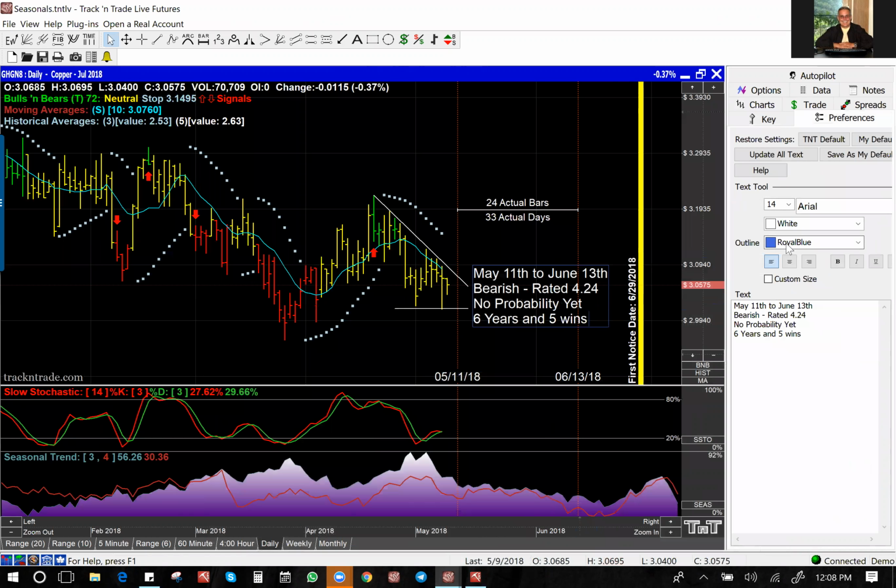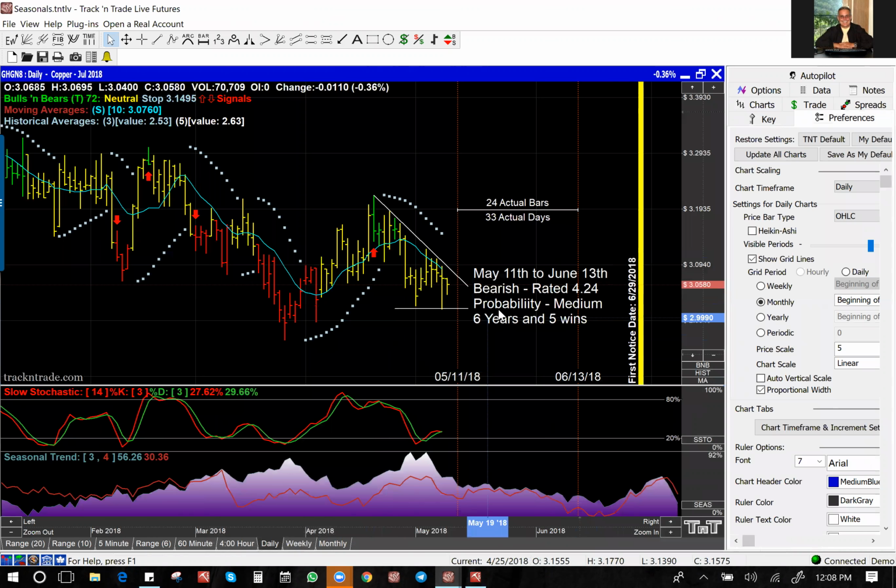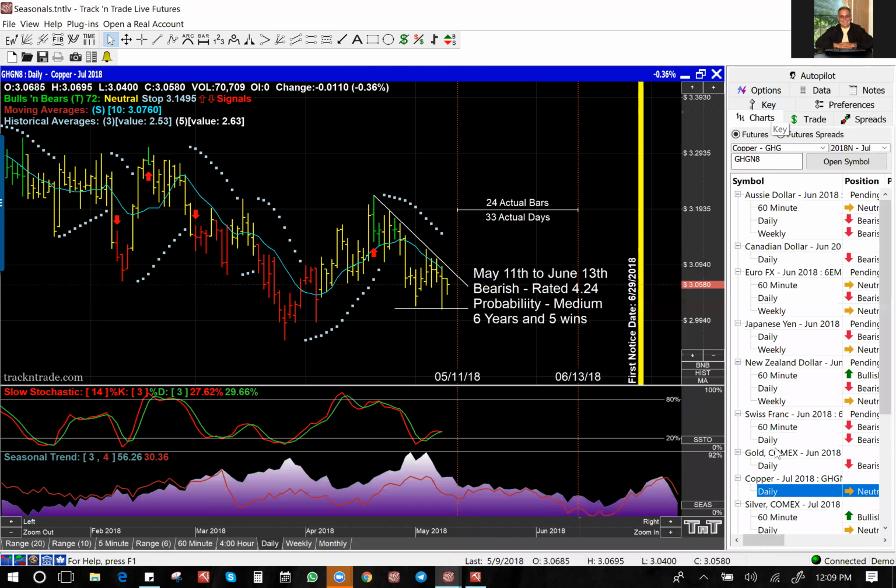So let me go back here and change that. Preferences over here to probability medium. I look at medium being maybe a 50-50 chance. All right. But the market certainly does look bearish to me. Right. So if I was going to do something, I'd wait for it to break support down in here. I'd do a trailing stop either up in here or trail blue light or go to another time frame. I might go down and look at a 60, see what risk looks like trailing on a